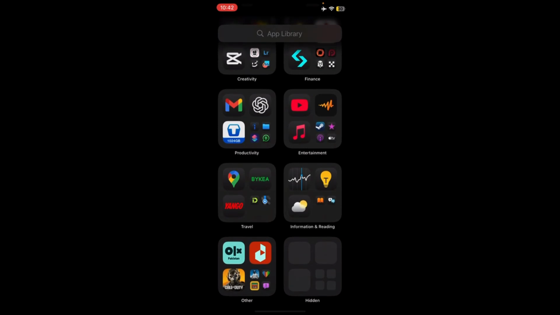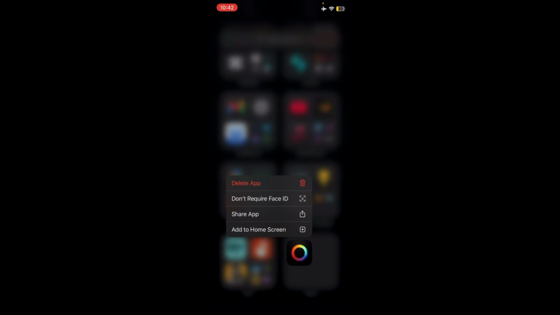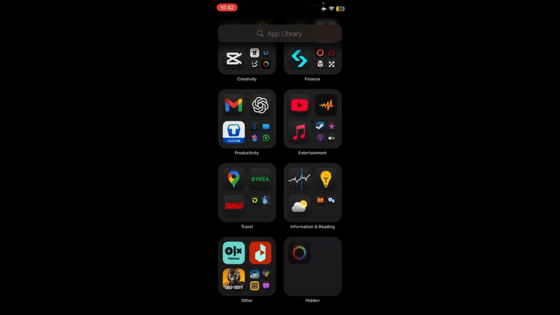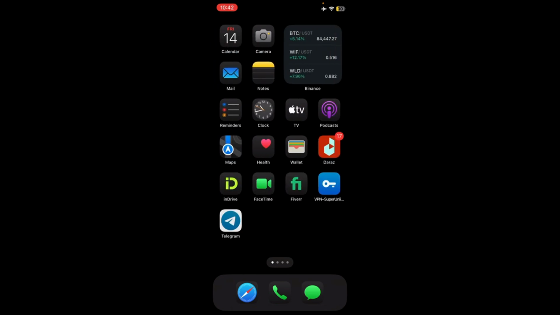Swipe to the last window of iPhone, and as you can see, here is the hidden folder. Tap on the hidden folder. Just press on this app, and here you can see Don't Require Face ID. Tap on this option, and this is how you can